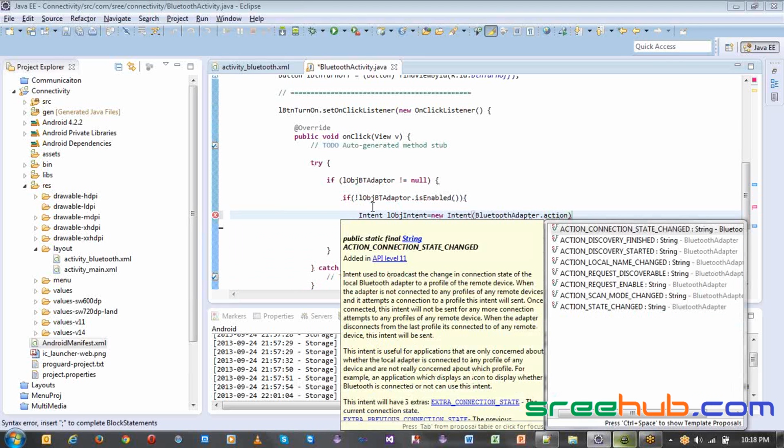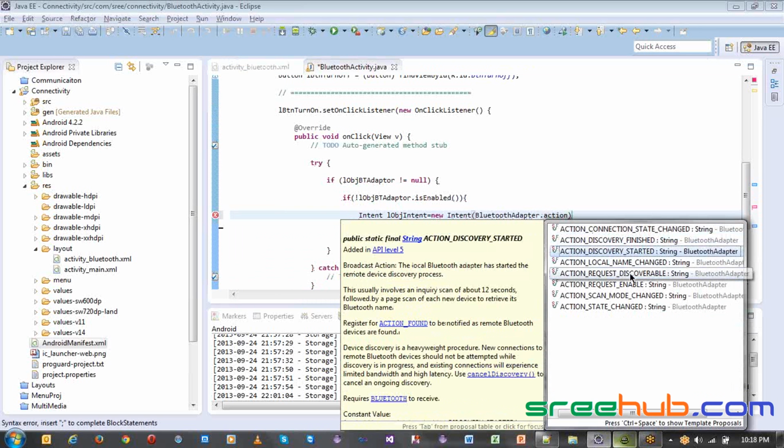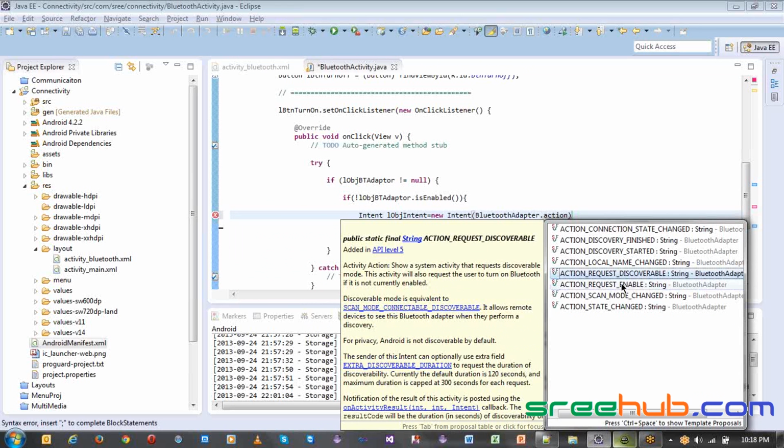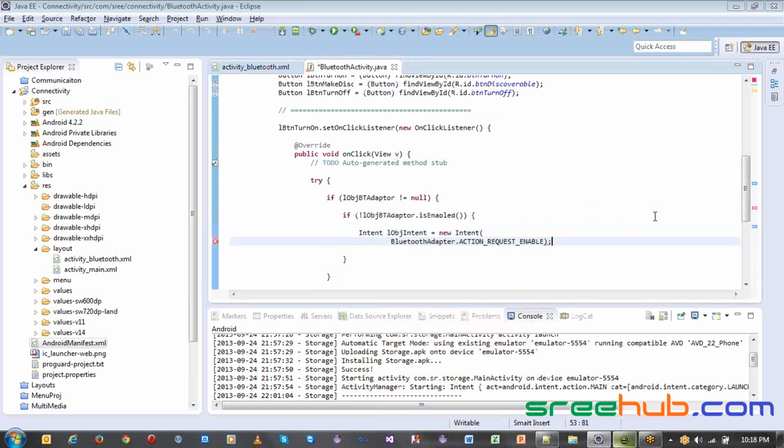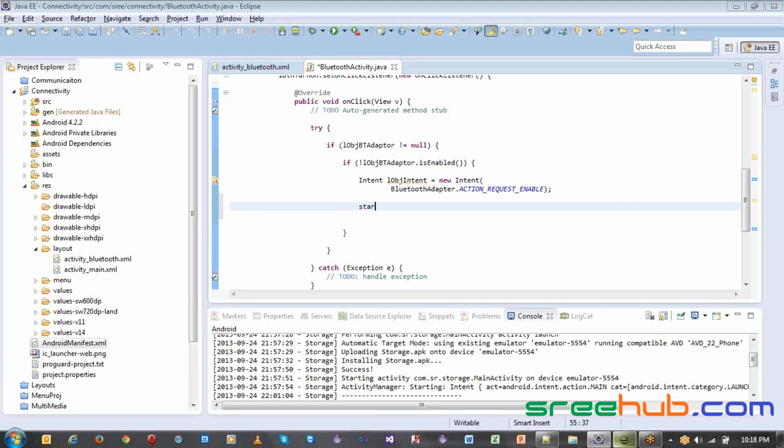What is the action? You have something called a discovery request. Request enable: now we are looking to enable the Bluetooth service, so we have to take a request enable. Once that is done, we'll have to start an activity, but Bluetooth will have to start the activity for result,